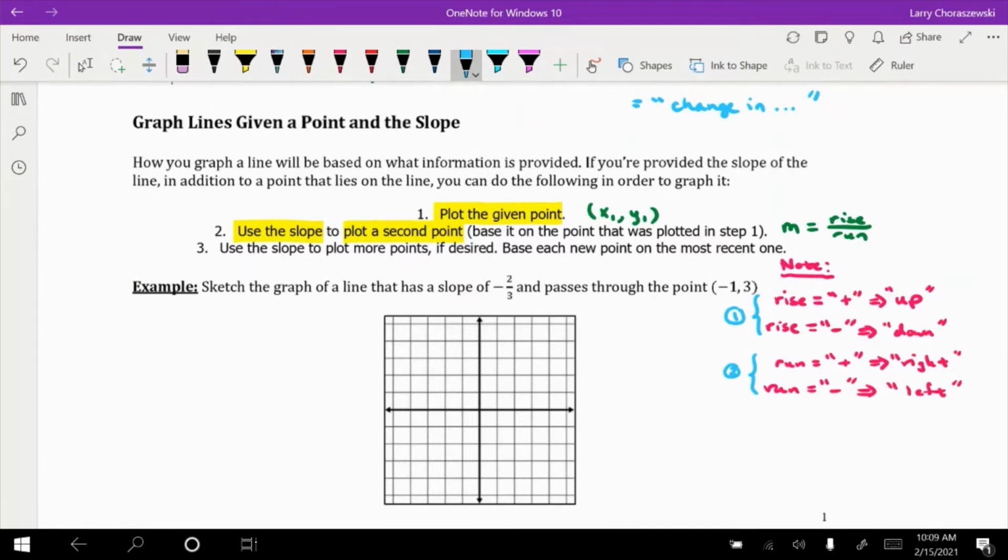So with that, our example is to sketch the graph of a line that has a slope of -2/3 and passes through the point -1, 3. So -1, 3, those are specific values of x1 and y1. Let's go ahead and plot that point. -1, 3, it's in quadrant 2. Now for our slope, which is -2/3,